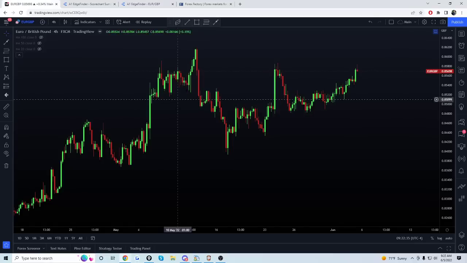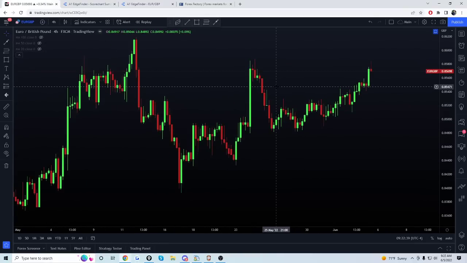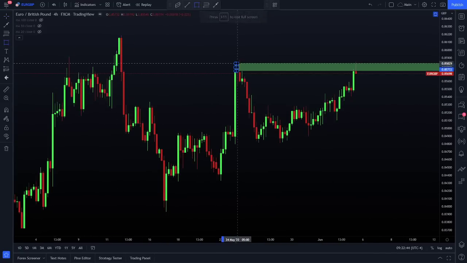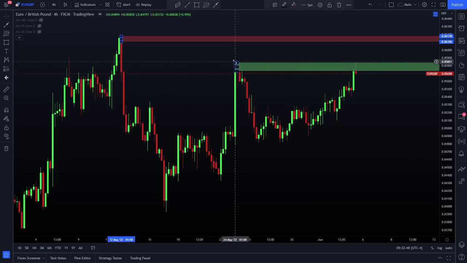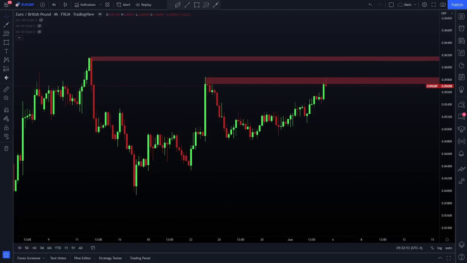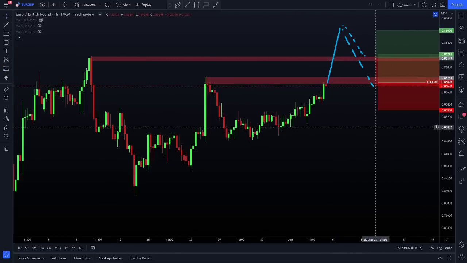Okay, so back to the chart here for a second. Looking at Euro Pound, it would be very interesting to see if we can break through these previous highs. Let's go full screen here for a second. We'll take a look at this one. So yeah, look at this. If we can break through some of these levels here, well, let's go ahead and mark this as supply for what it is. If we break these levels, again, setting up for the week ahead, that's our whole goal with these videos, break above any sort of closure outside, pullbacks look like ideas. Now, I just highlighted both. So you might be saying, Nick, what the heck does highlighting both pullback zones mean?